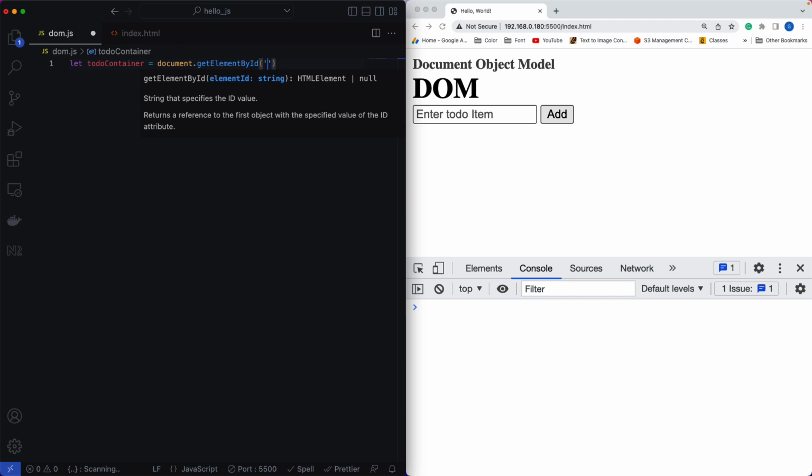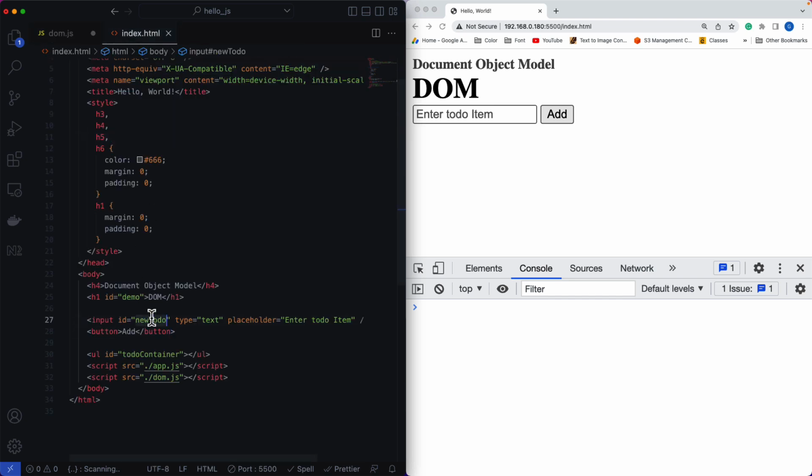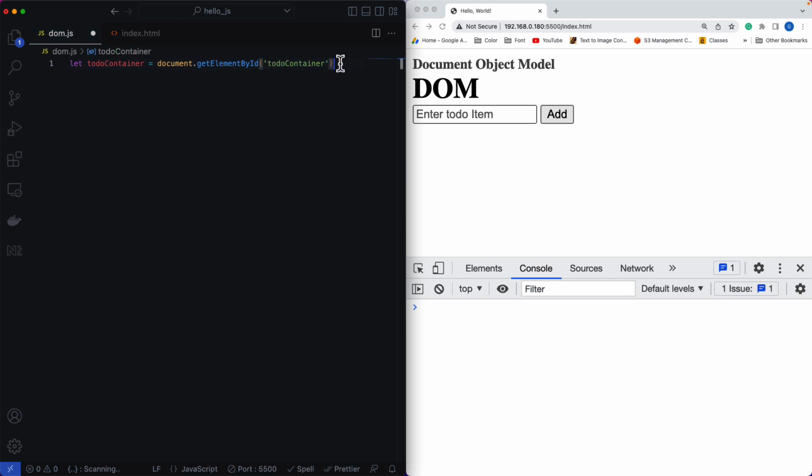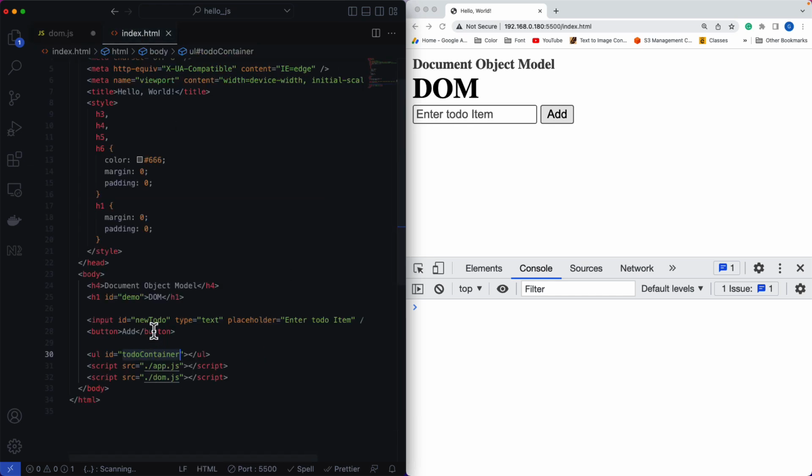We have, let's copy the item, new to-do container, and let's do the same for the button, btn elm, and let's do it for the input, input elm, and replace these values, new to-do,